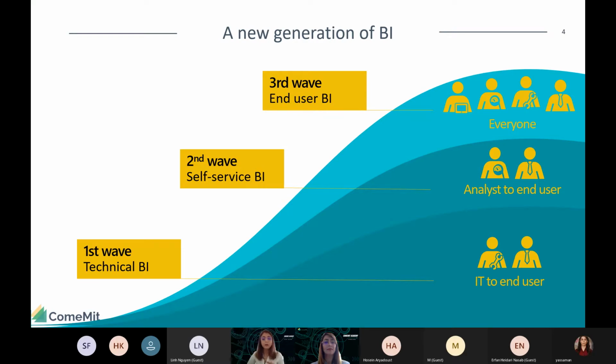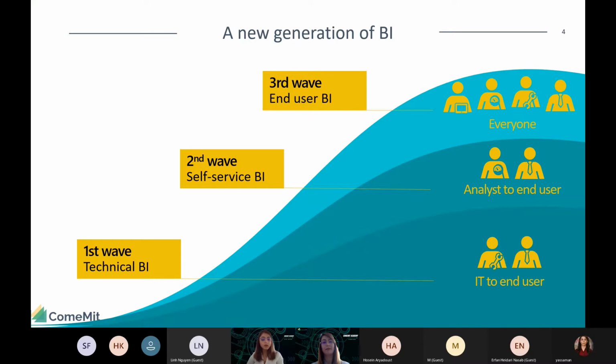So they said, okay, we will create a situation where people can also create their own reports and ask for their own analytics. So they call it self-service business intelligence. They separated the business intelligence or analytics department, so to say, from the IT department, and they tried to train a group of people just to provide analytics for the other departments, like HR, management, and so on and so forth. But then again, there are still a lot of requests from end users.